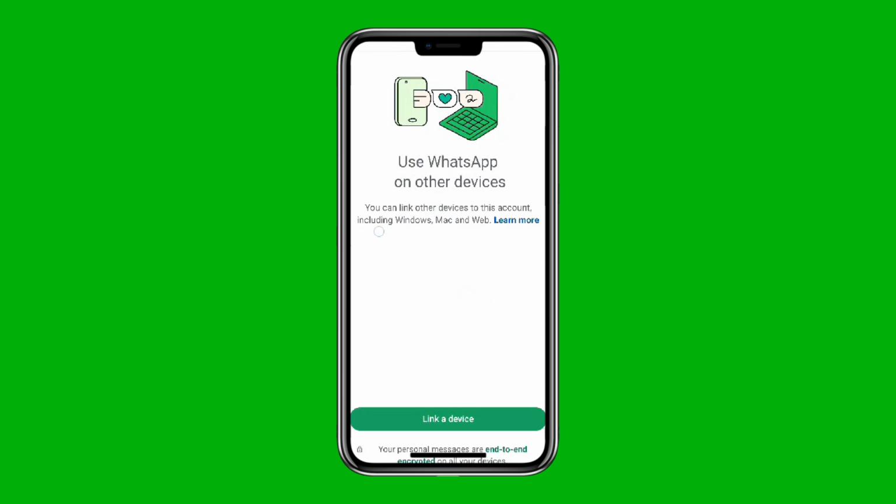Step 3, you'll see a list of devices currently linked to your WhatsApp account. If you notice any unfamiliar devices or sessions associated with GoShare, tap on the device in question, select Log Out